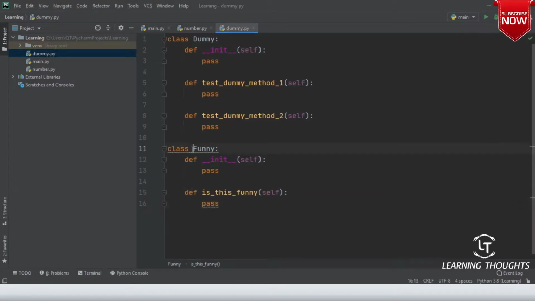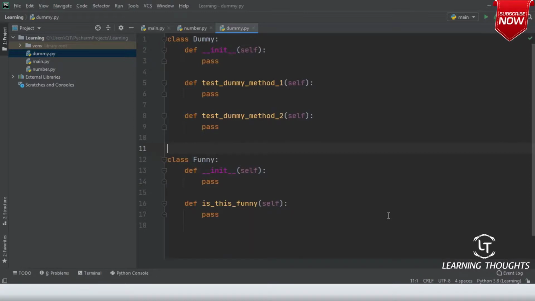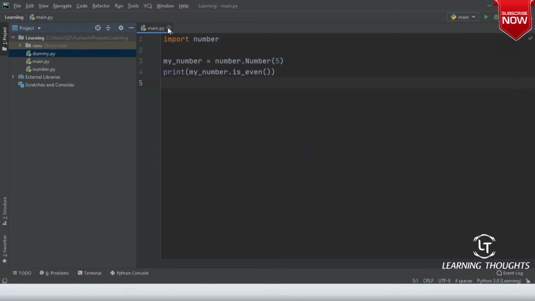So are you seeing it? Then it is giving me some suggestions, so let me click on reformat file. Everything is done. Now are you seeing in my whole project I have three classes? One is Dummy, the other one is Funny, the third one is Number.